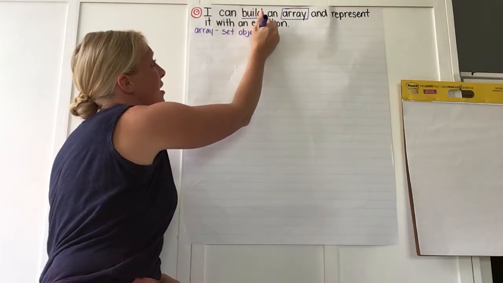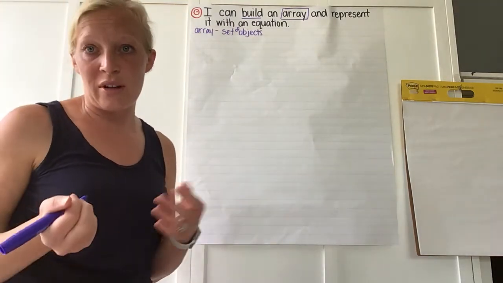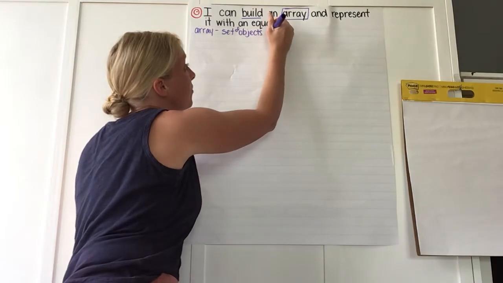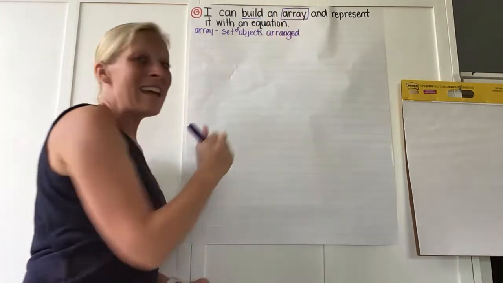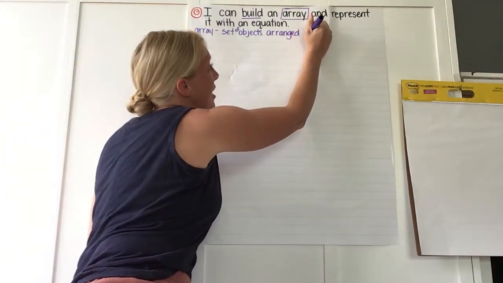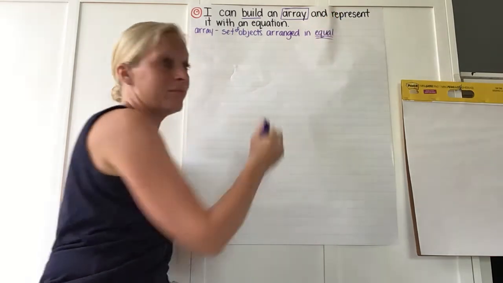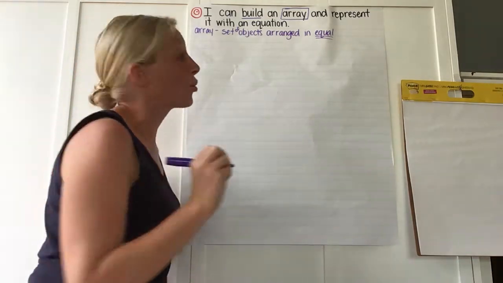Sometimes it is X's and O's. Can be all sorts of different things. But it's a set of objects that's arranged, and arranged just means organized, in, and this is where I need you to listen carefully, in equal, and what does that word equal mean? The same as, equal rows